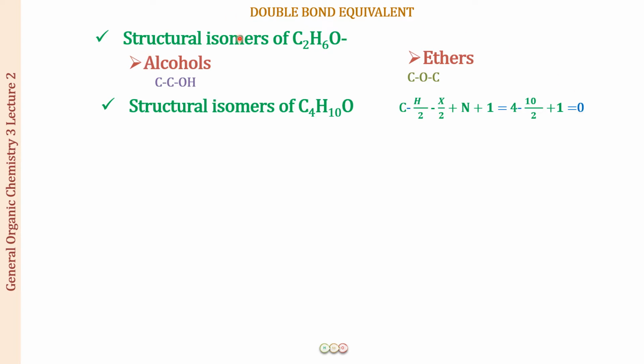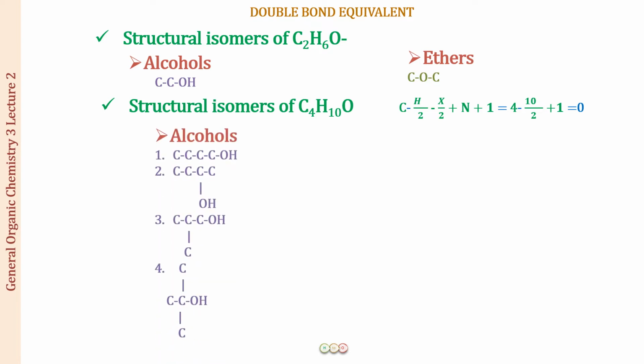So it can be either an alcohol or an ether. And we have already drawn that there are 4 alcohols possible and there are 3 ethers possible. This is something we've already discussed in detail. So for the 4 carbons, if we draw the straight chain, this is position number 1 for the OH group, and then position number 2 for the OH group. Then from 4 carbons we made a 3 carbon chain. The methyl group has to go only at position number 2. This is the only possibility. And then the OH group at position number 1 or at position number 2. So n-butyl alcohol, sec-butyl alcohol, isobutyl alcohol, and tert-butyl alcohol.